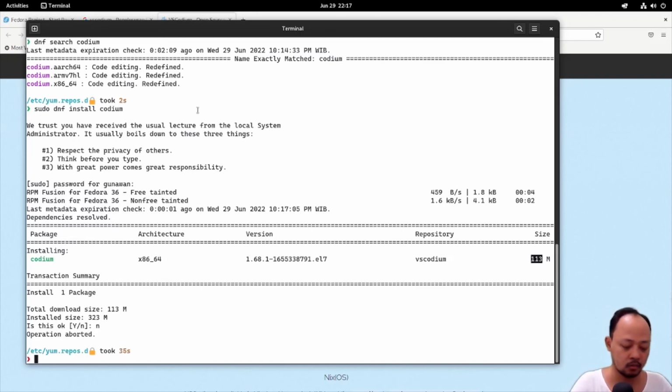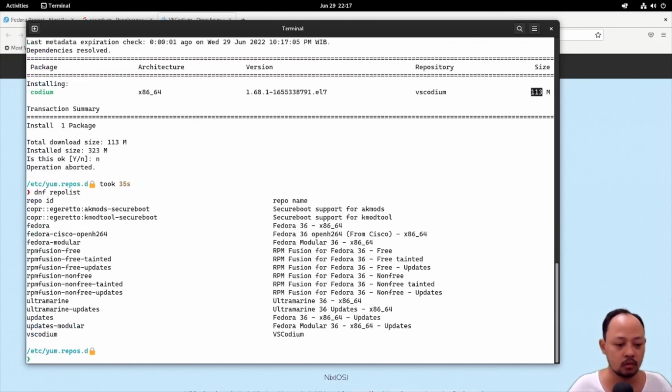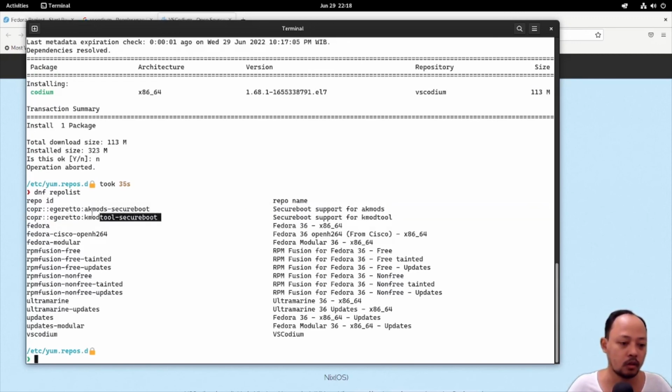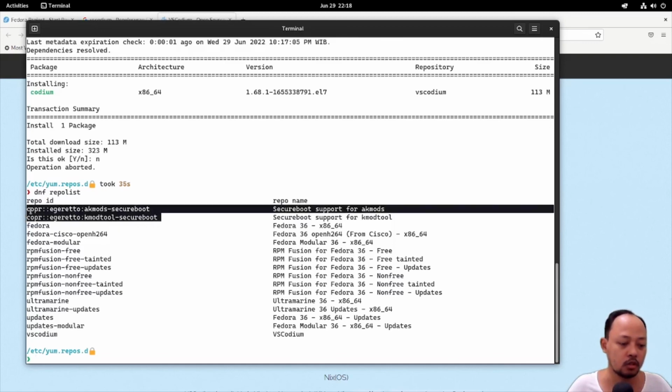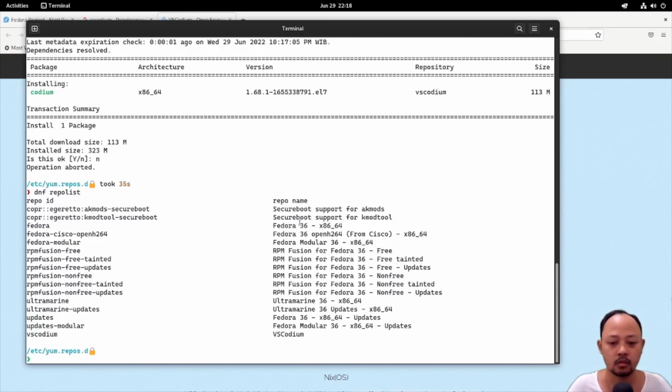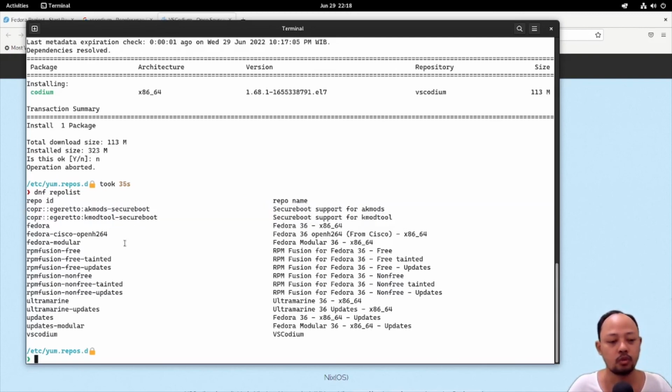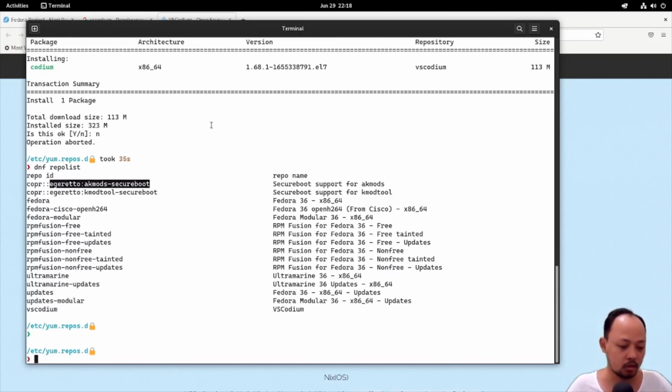and then let's check, and then we can see in here that there are 2 repos for the COPR. Secure boot. I don't know what it is for. Secure boot. Let's check on the internet.